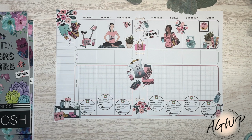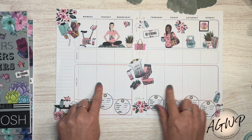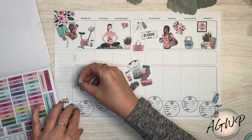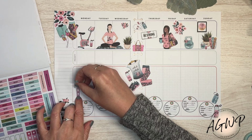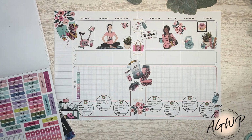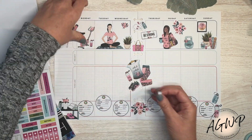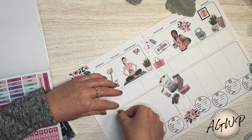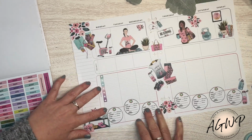All right. So now we have those down. Now I need to figure out what I want to do for my food log, not my food log, my workout log. I think we can just use these. Do I need all of these? Do I even use it by bullet point? No, I do not. Maybe I should put it at the top. When I write down the size of weights that I'm using for the workout, I do not. I just write it in the box. This is here to add some extra flair